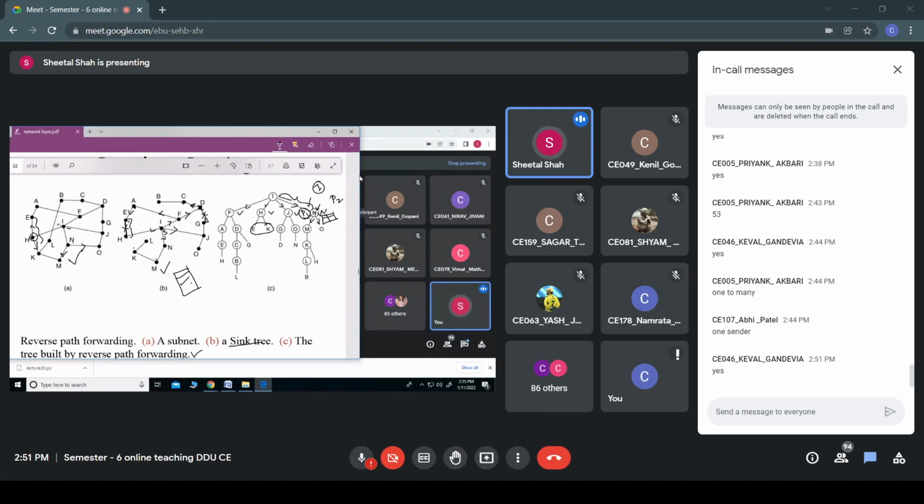Now, when E receives that packet, it will check whether, if a packet has to be forwarded to I, it uses this link. If it is yes, then it would forward it to A. But if it is no, I mean, if it does not forward the packet through this line, then it would not forward it further to A. Are you getting my point?